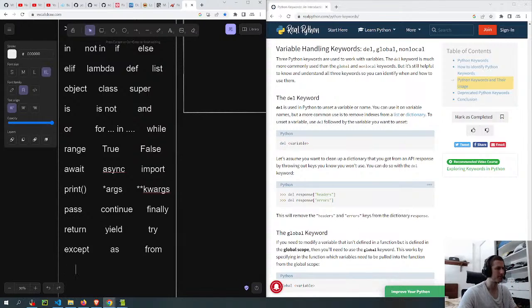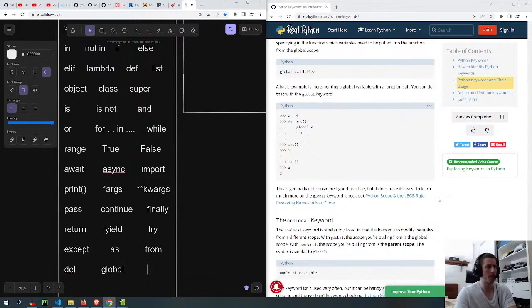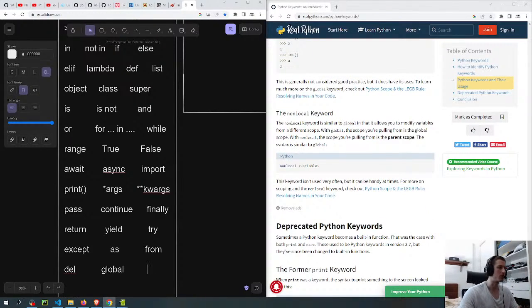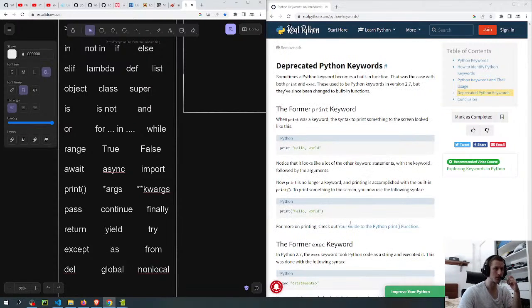And I can put del, but I've never seen del before. Or maybe very rarely. And global as well. Almost never see that. And nonlocal is also really rare to see. And I guess if I'm gonna put global, I should put that as well.